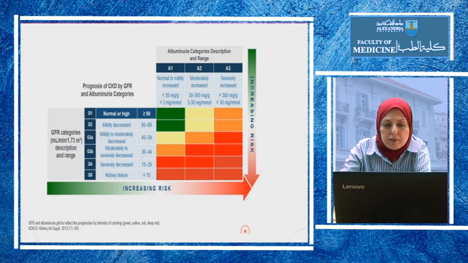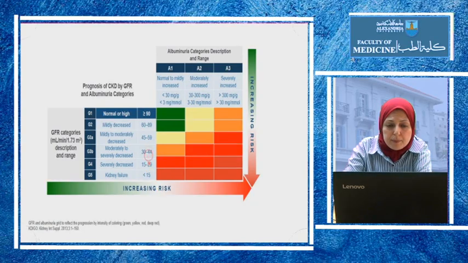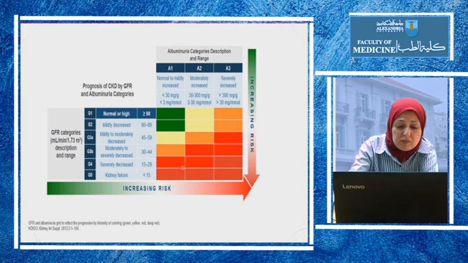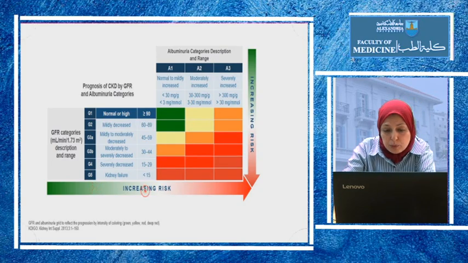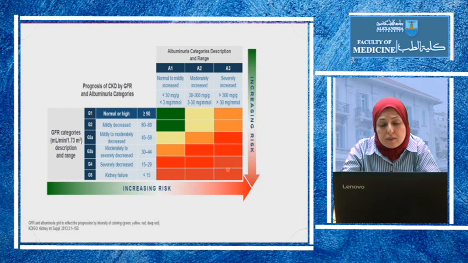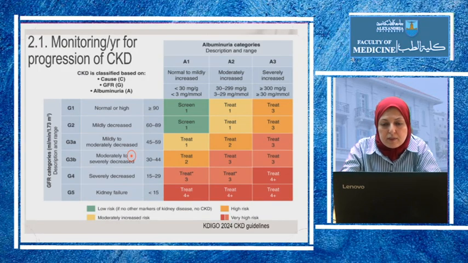So what do we do with the estimated GFR and the albuminuria? We place the patient on the chronic kidney disease heat map. The heat map is based on albuminuria categories and GFR categories, and based on each patient's albuminuria and his GFR, we place him in one of these boxes. As albuminuria increases and as GFR decreases, there is increasing risk, and their combination is also associated with risk. Risk of what? Risk of progression of chronic kidney disease, of mortality, and of cardiovascular disease increases diagonally as albuminuria increases and as GFR decreases.